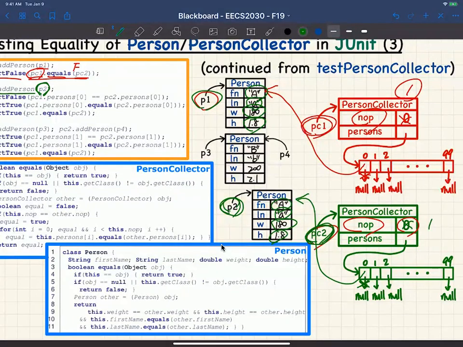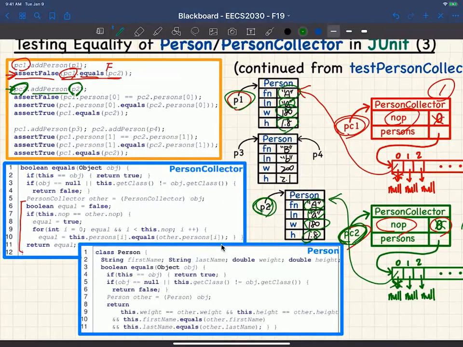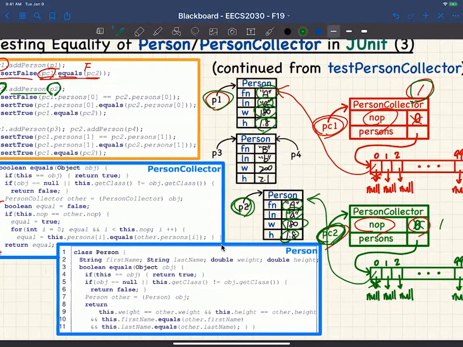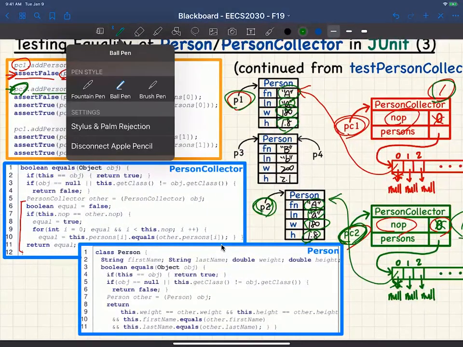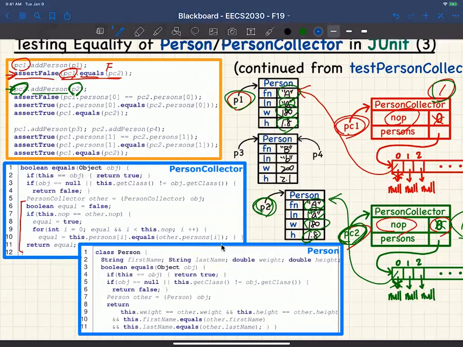So now you can see we have a slightly different case. You can see the NOP for the two person collectors are simply just 1. But now, are they considered as equal person collectors? That's the question, right? Let's now have a quick look at that one. You can see over here, if we say, first of all,